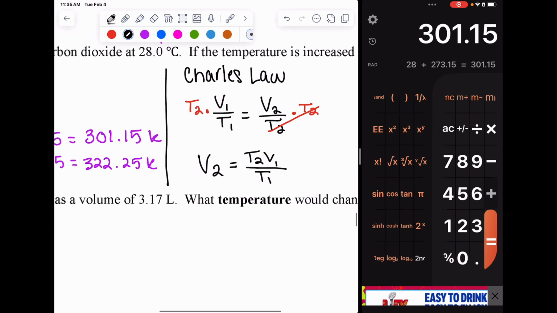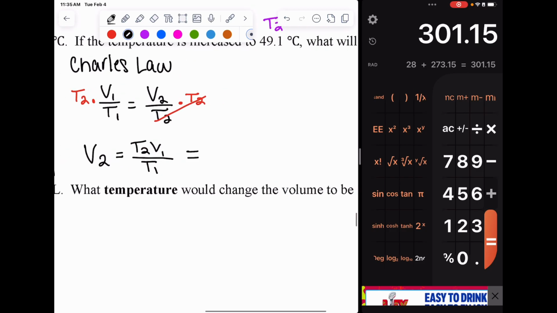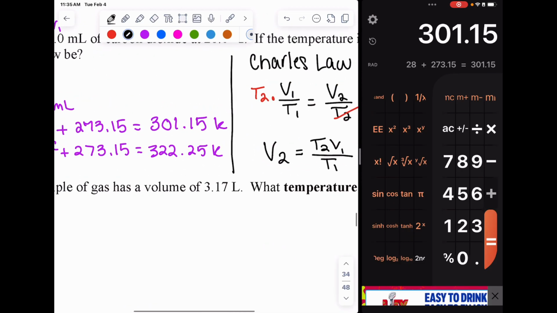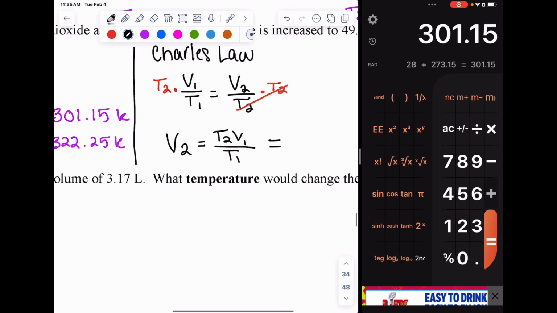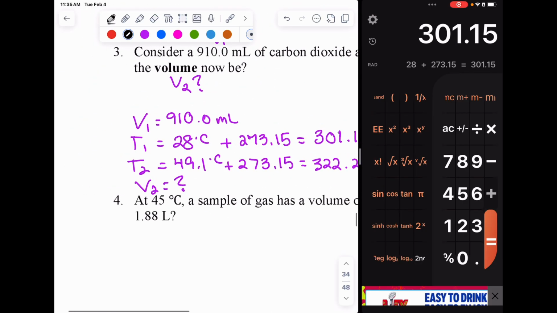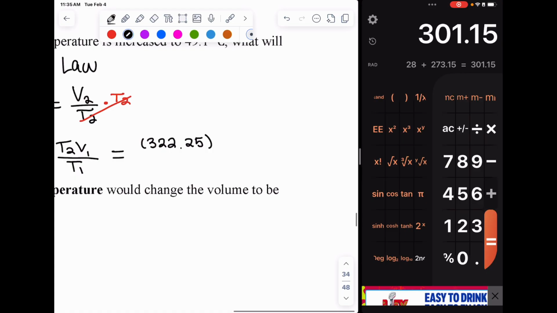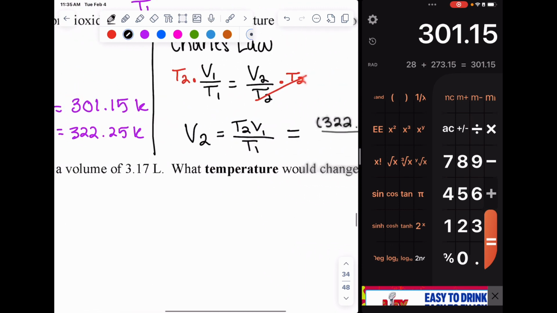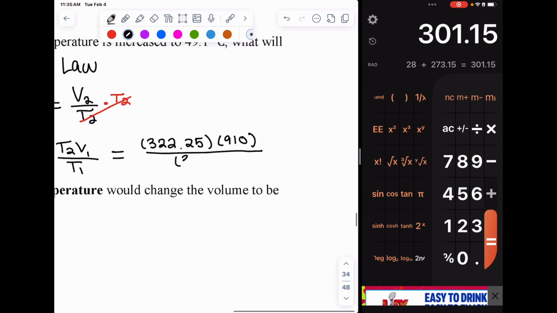Our T2 was 322.25. Our V1 is 910. And our T1 is 301.15